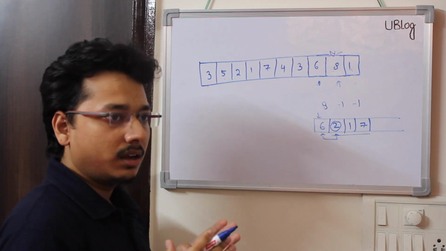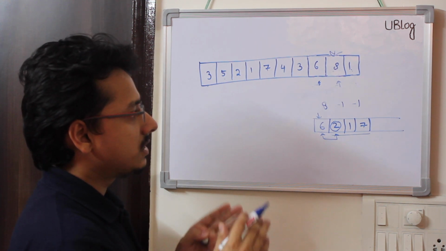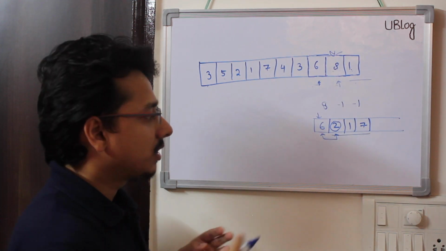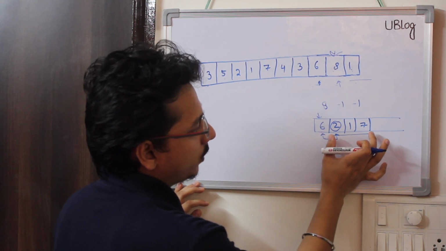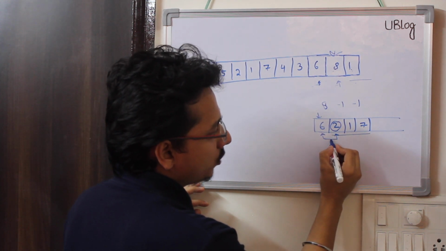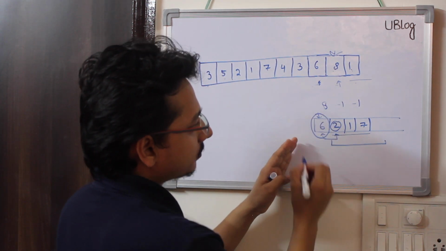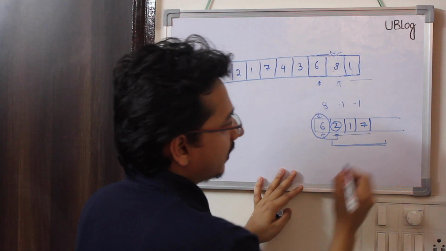So we need to find a data structure using which we can store all the elements present on the right hand side. And what is the catch here? For 6, what all elements do I need to have? I need to see all the elements which are greater than 6. So for any element, what I need to store is all the elements which are greater than this.